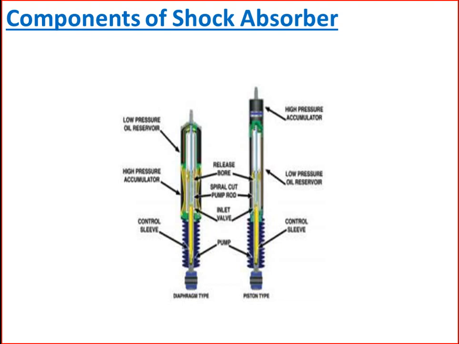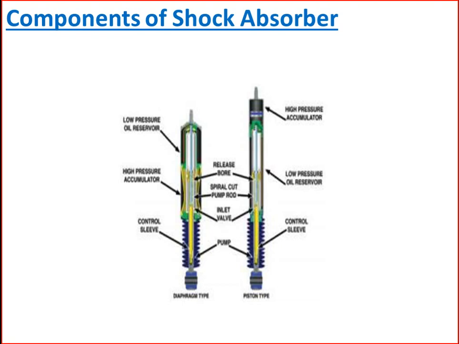Next part is piston and piston rod. A shock absorber's piston contains openings or valves that allow the movement of oil through pathways. The piston rod guides the piston inside the shock absorber cylinder. Next one is the cylinder. This is a cylindrical tube that acts as the body of a shock absorber. It contains compression oil and the piston that moves inside it.